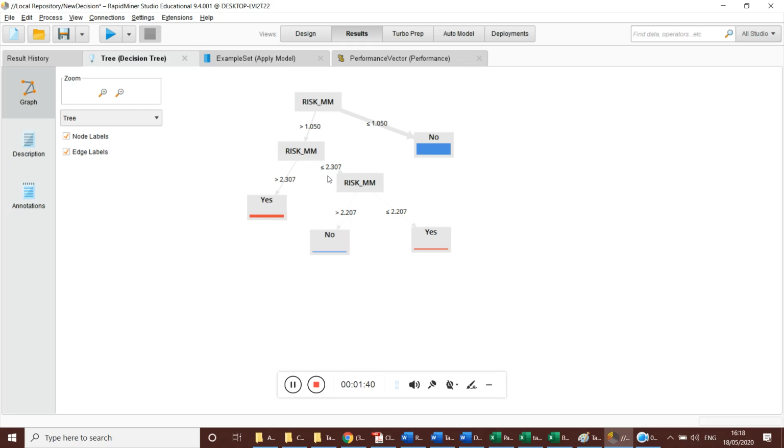If it is less than 2.307, then another condition tests whether RISK_MM is greater than 2.207 or not. If it is greater than 2.207, there will be no rain tomorrow. If the value is less than 2.207, then the possibility of raining is yes. So when the value is between 1.05 and 2.2, the possibility of raining is certain.